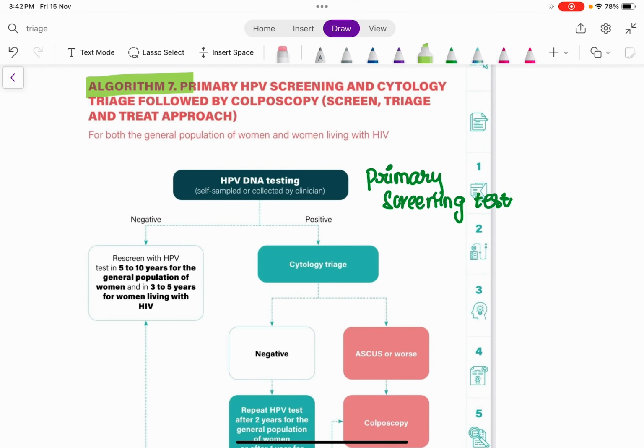So now I'm moving on to algorithm 7. In algorithm 7, we have the primary screening test as again HPV DNA testing, which is the most preferred test by the WHO as the primary screening test in see, triage and treat approach. If it is negative, repeat it after 5 to 10 years in the general population, 3 to 5 years in HIV positive females. If it comes out to be positive, in algorithm 7 they are taking the triage test as